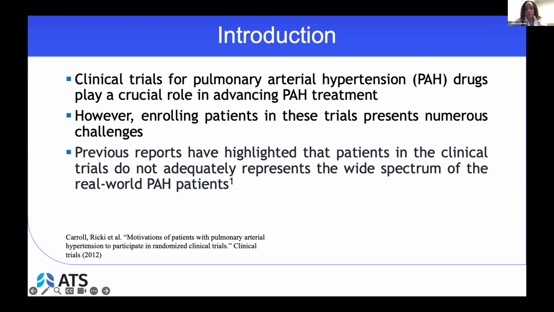We all know that pulmonary arterial hypertension is a relatively new and advancing field. Currently, enrollment is very crucial for pulmonary hypertension trials, as we need that to be able to advance pulmonary hypertension treatments. And since the treatments are also limited, it gives these patients the opportunity to have some kind of exposure to medications that may end up being helpful for them if they were enrolled early enough.